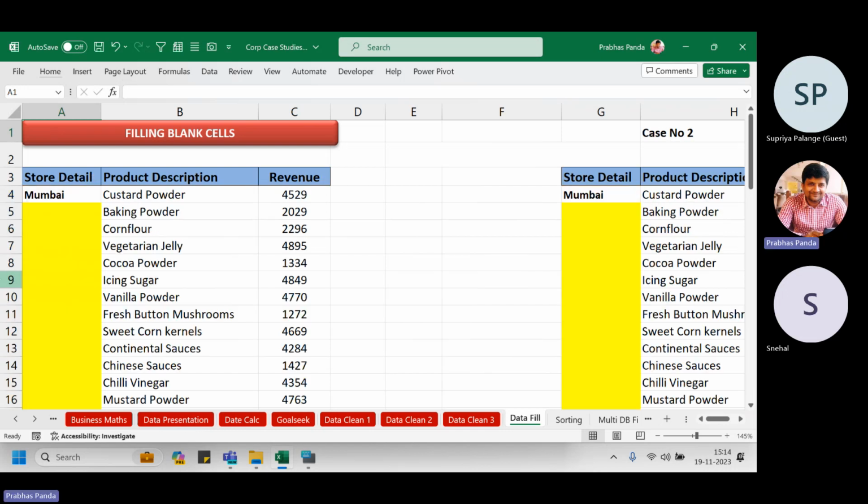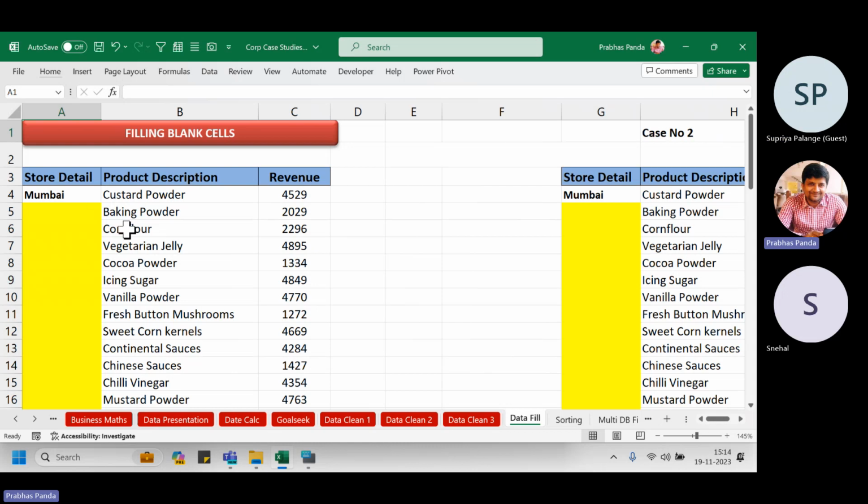देखो, कॉर्पोरेट में दोस्तों, डिमांड विल बी ऑलवेज लेस, बट एक्सपेक्टेशन विल बी ऑलवेज हाई। तो डिमांड था चाइनीज सॉसेस रिलेटेड रिकॉर्ड्स दिखाना, लेकिन जब आप प्रेजेंट करोगे, एक्सपेक्टेशन ये भी रहेगा कि साथ ही साथ आपको स्टोर डिटेल के साथ भी दिखाना है। तो if you want to make a stand out of the crowd, or if you want to make your difference at your workplace people, you need to exceed the expectation in the corporate world।